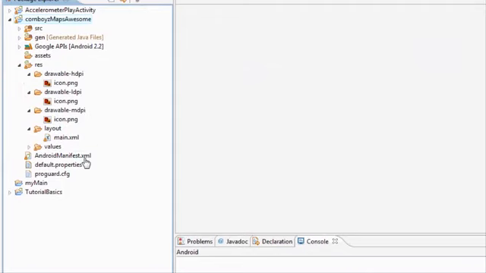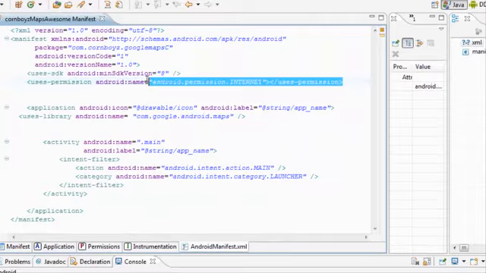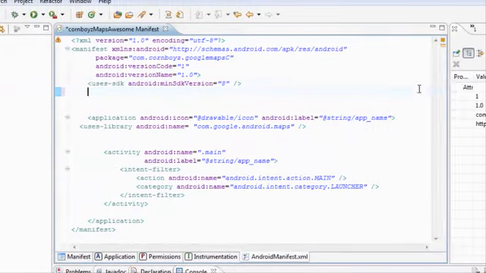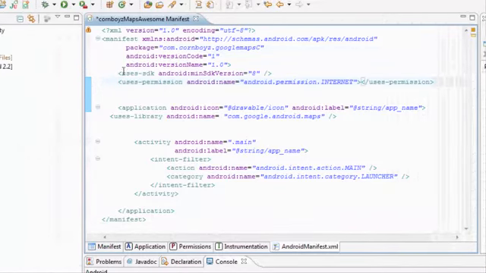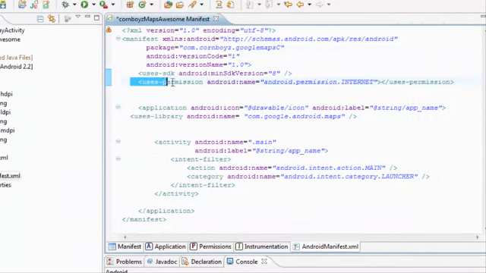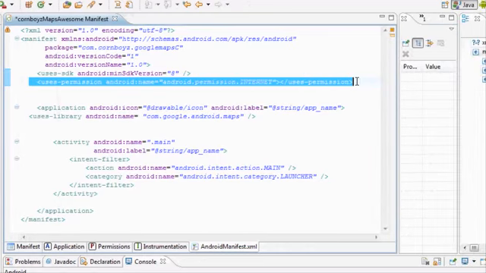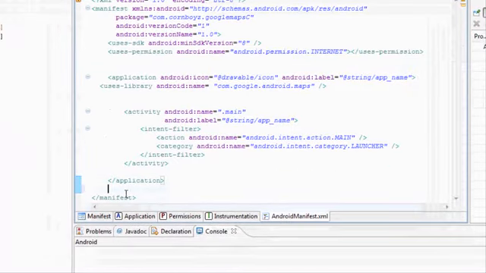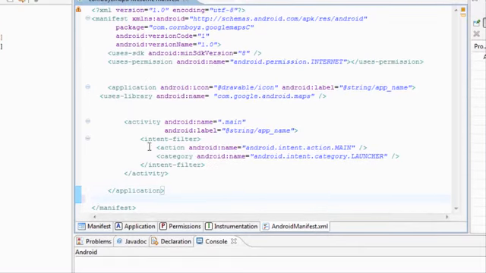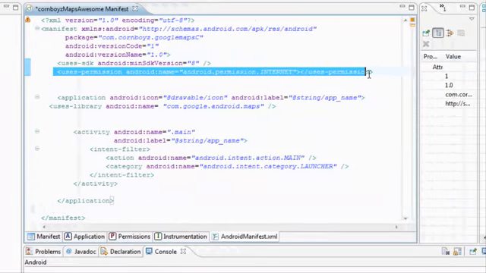Alright, and then the next thing we want to go into is the Android manifest. We're just going to check those permissions. The key thing is you want to have your permission for the internet, the whole powerful internet, right outside of your application brackets or whatever section. Here's your application. You want your permissions right outside there, and you want one for the internet because we're using